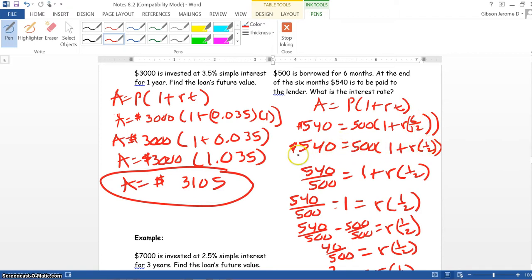And then we would divide each side here by 500. So we will have 540 over 500 is equal to 1 plus R times 1/2. Now, our next step would be